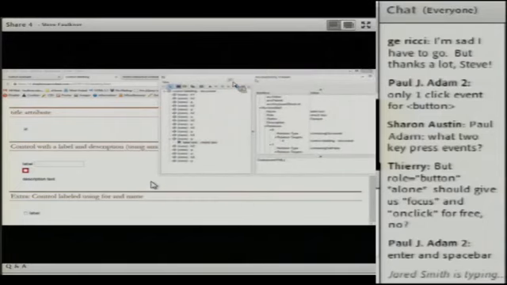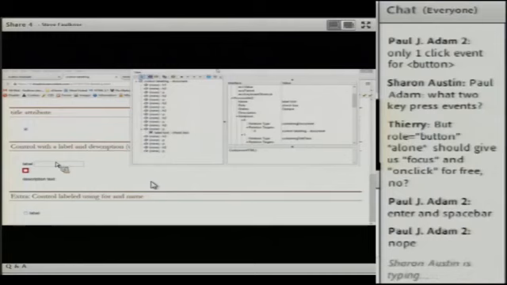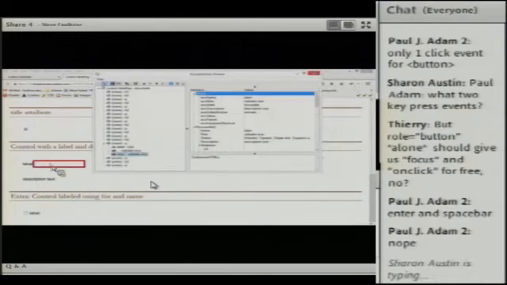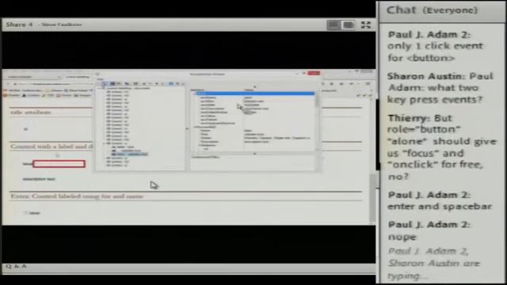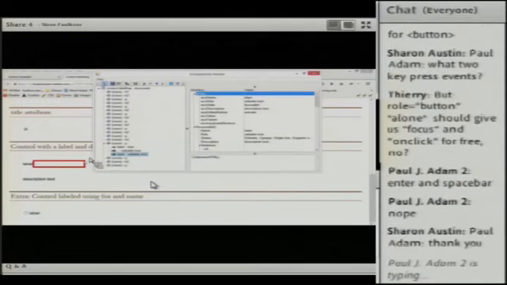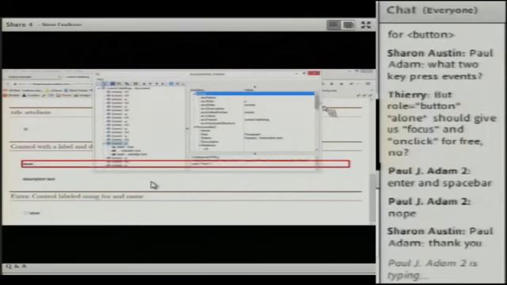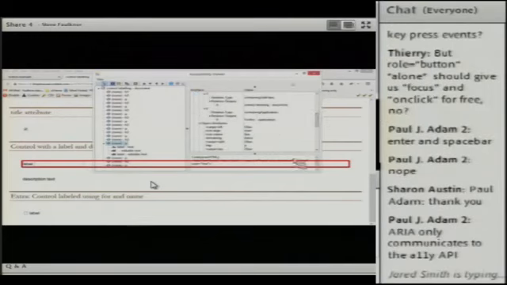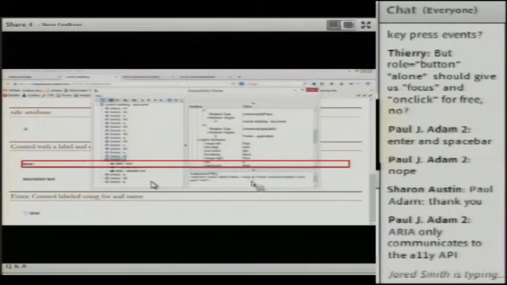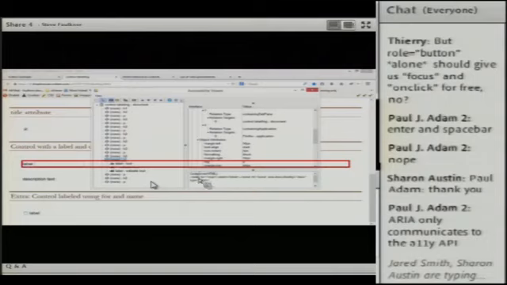We've got ARIA label and description here. In this case, we've got a box with the accessible name of label, and an accessible description, or ARIA describedby, of desk. The accessible name is coming from the label, and the description is coming from the element that ARIA describedby references. So it's referencing the ID value of the container with that text in it.